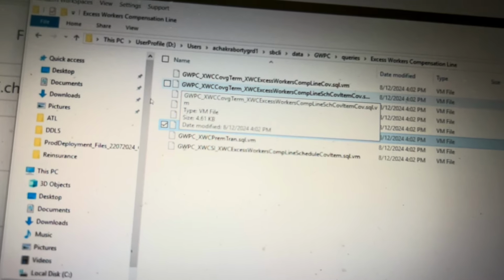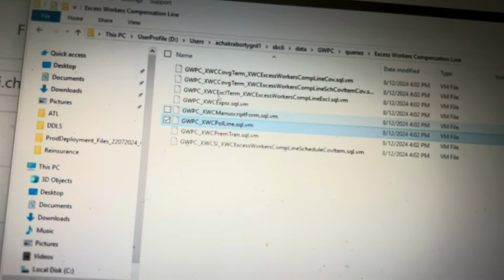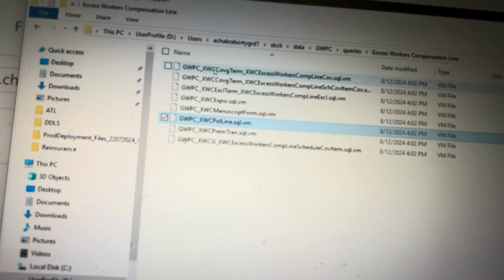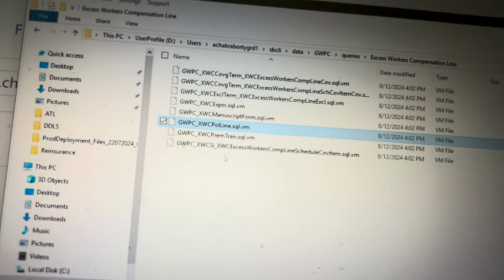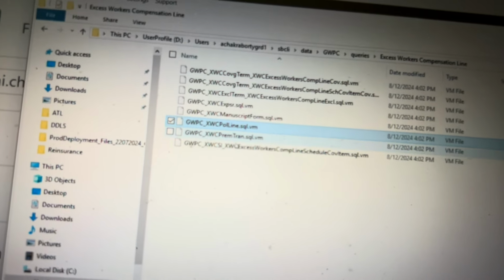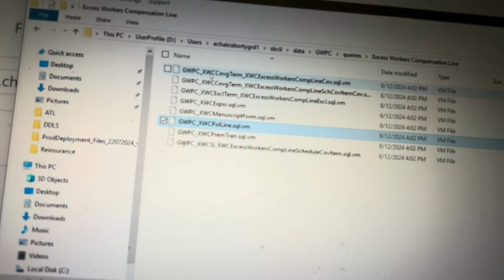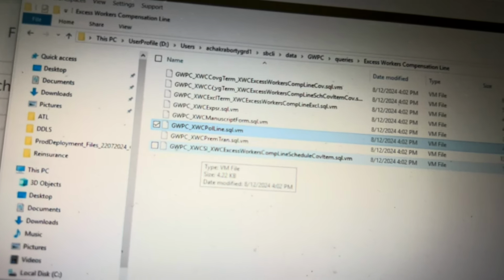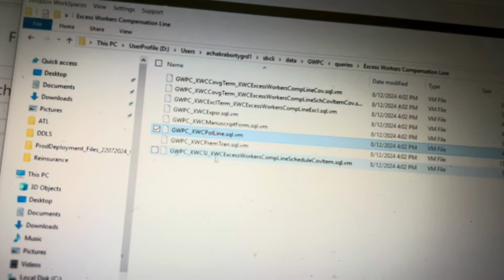So any new line of business that comes, for example HWC was one of the new lines of business, for those, whatever entities we are considering as part of our project, all of those we will get from the data dictionary itself while running these SBCLI commands. These are the entities currently in consideration.